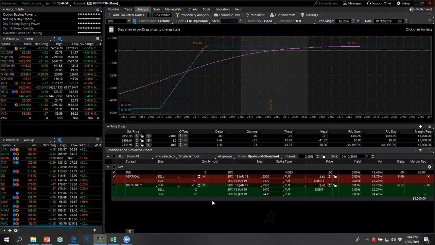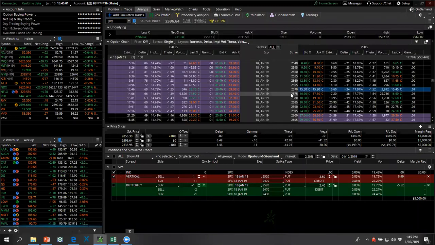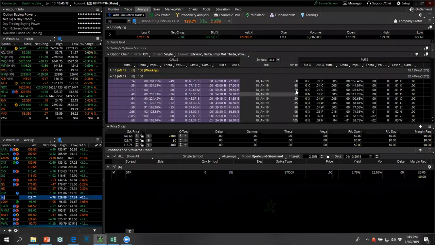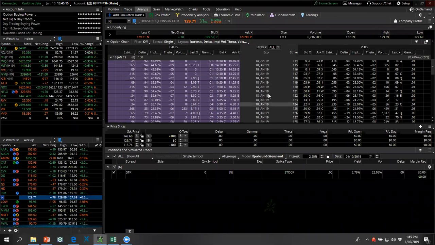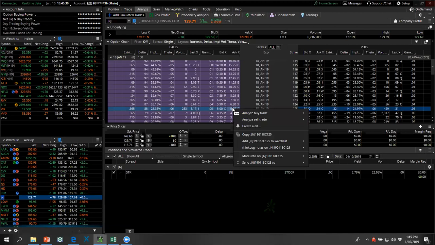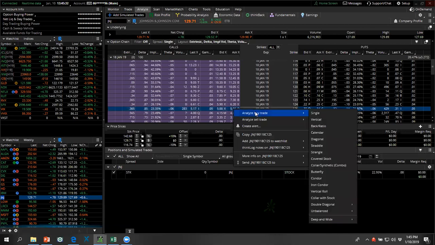It goes on to talk about long call diagonals. Let's go into a stock. Let's pick something. How about J&J? Disclaimer, I do own J&J, so it's in my portfolio. But a long call diagonal is where you sell a near-term one and buy a further-term one at a different strike. So it makes a diagonal across strikes as well as across time. They're talking about calls, so let's just do a call diagonal. We're going to buy a diagonal.